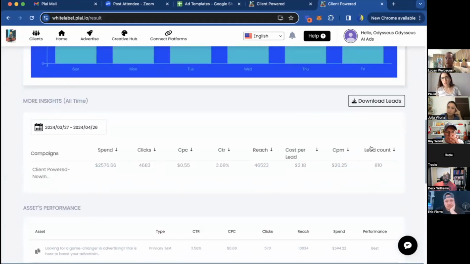Here it's showing 0. Yeah, exactly. I don't even have a thing that says lead count. Mine only has the cost per lead. So are you able to look at my account? Do you want to share your screen real quick? Sure, we can. Yeah, let me stop sharing. Let's share your screen.